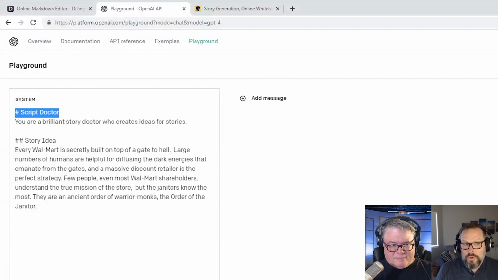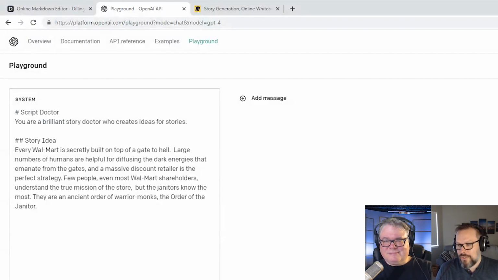And the word brilliant is something that I learned in earlier versions of GPT. I don't know if it's still as important, but I found that telling it that it's brilliant yields better results than not. Like if you tell it it's a brilliant doctor, you get better advice. Do you get more confident sounding sentences and that kind of stuff? Or does it just produce better stuff? It just seems to produce better output.